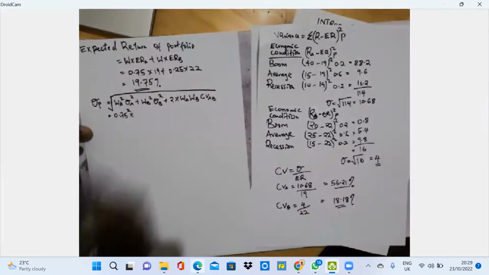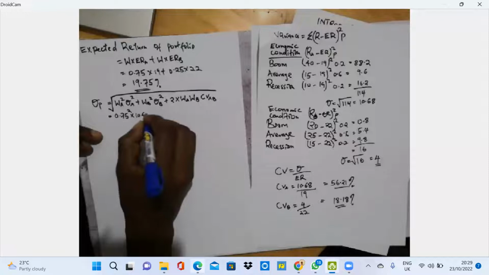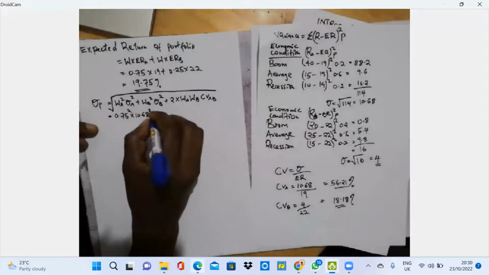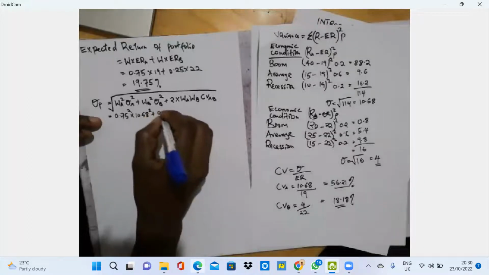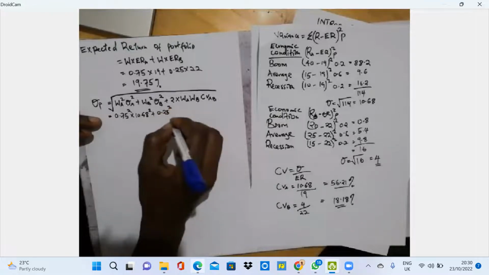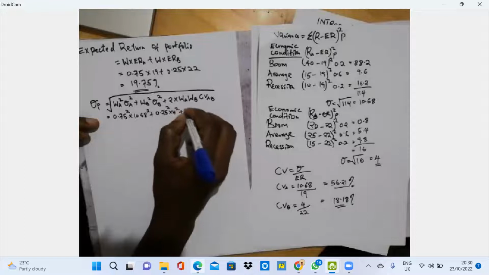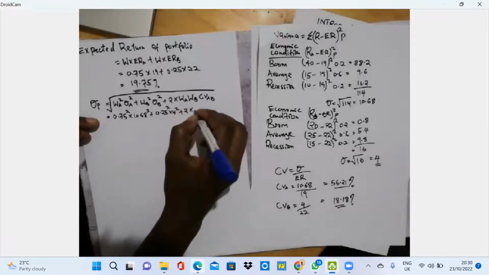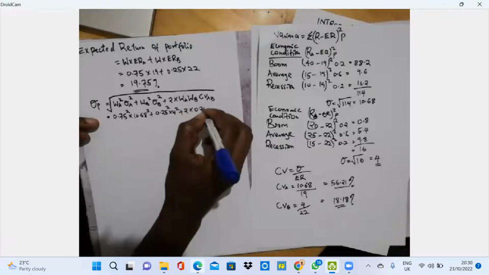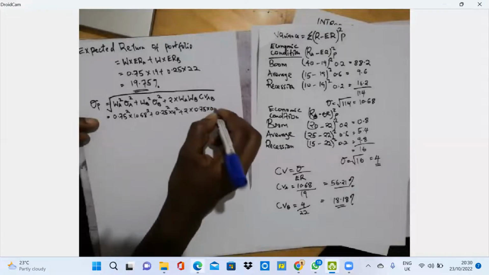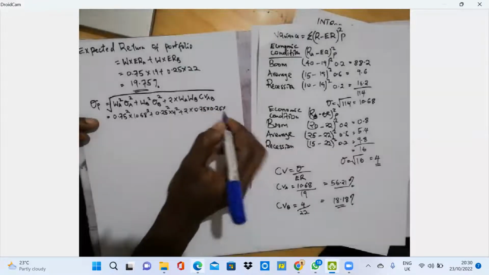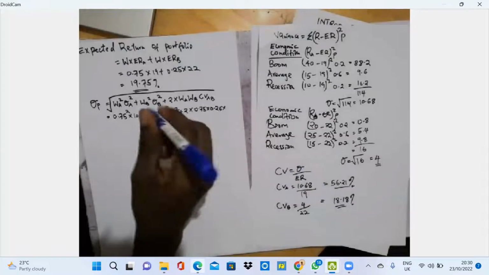So standard deviation of A is 10.68 squared. And then weight of B, 0.25 squared times 4 squared plus 2 times weight of A, 0.75 times 0.25 times covariance. We got